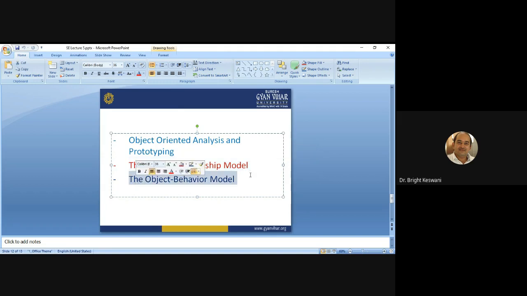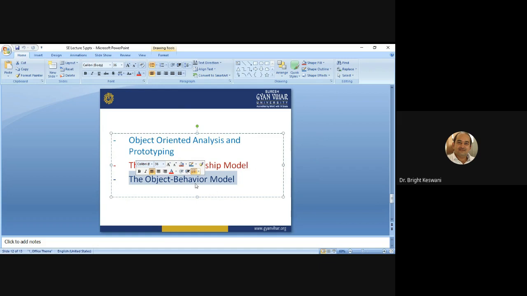First is the CRC model, second is the object relationship model. When you have developed the object relationship model, you should develop the object behavioral model. Okay. And this model presents the dynamic behavior of the object oriented system or product. Okay.